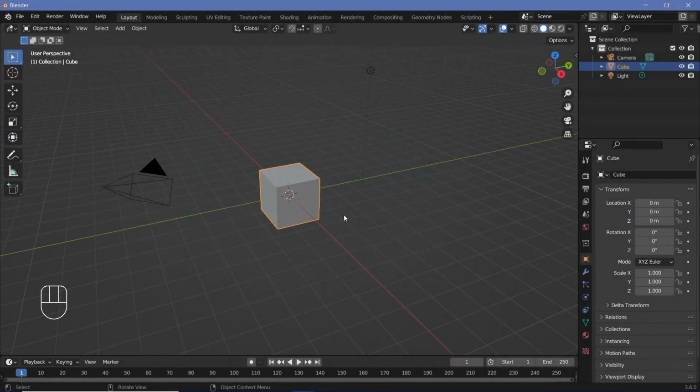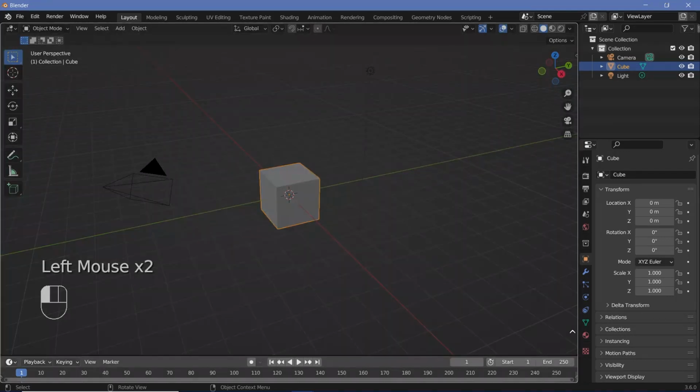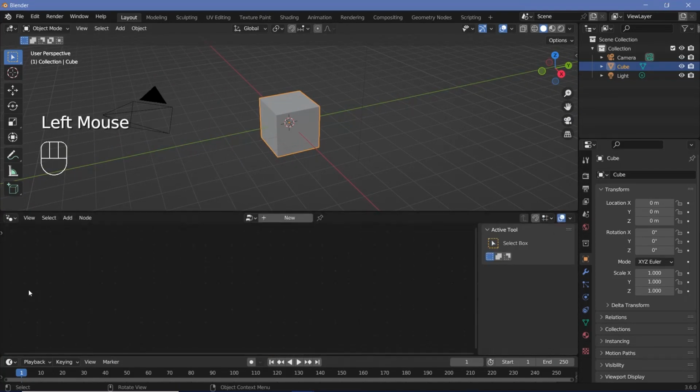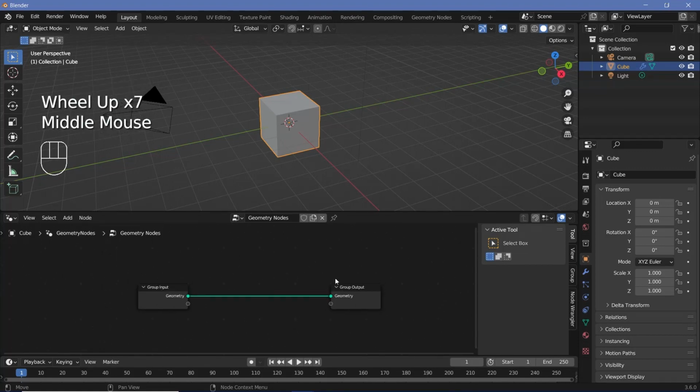In the default scene, since simulation nodes is a part of geometry nodes, we're going to bring our cursor to the junction of these two windows, click and drag up to create a new window, and then change it from the 3D viewport to the geometry node editor. Then we can press this plus button to create a new geometry node tree to actually start working with the